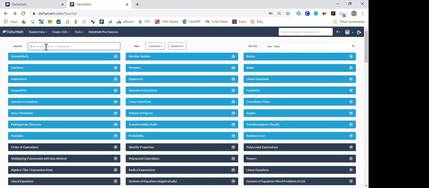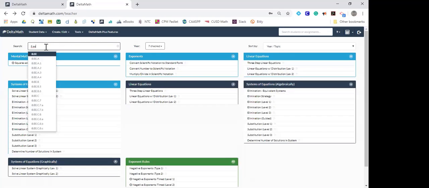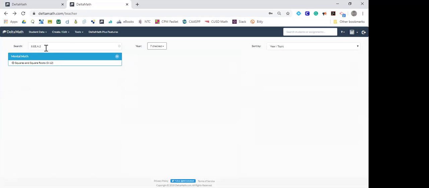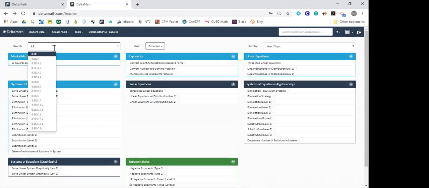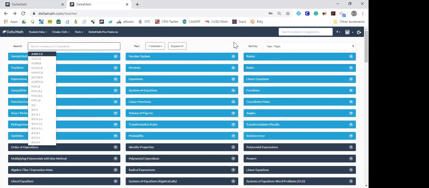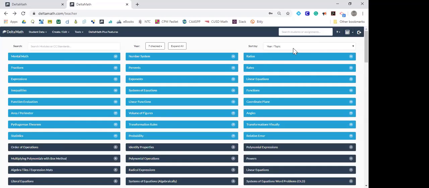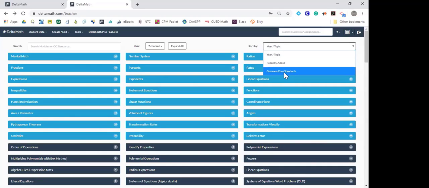I can also search by standard. So if I had, see if I can remember a standard here. 8th grade, let's go A2. So by standard, this tells me the problems that fit to that. So if you're going more standards based, you can search by there, find the standards that match, and add the assignments within there. If you're looking, particularly middle school, you can go over here and go by Common Core Standards,